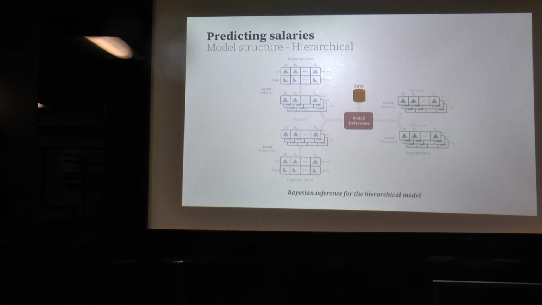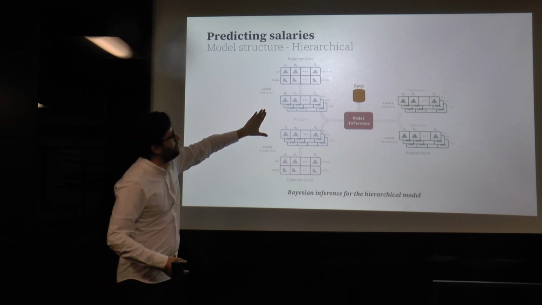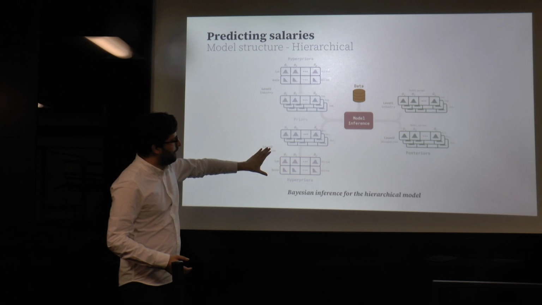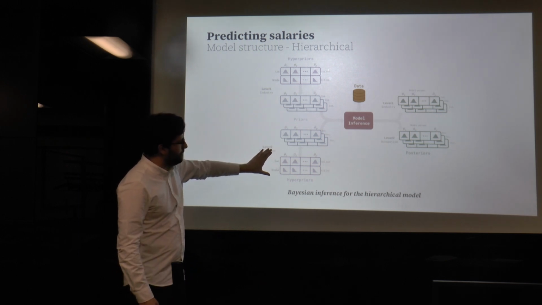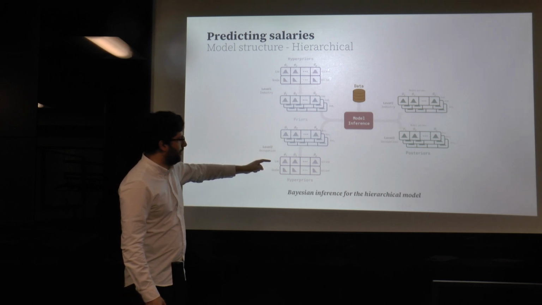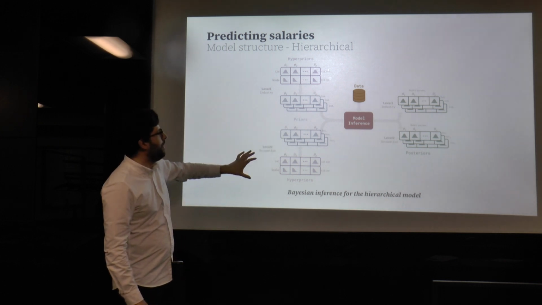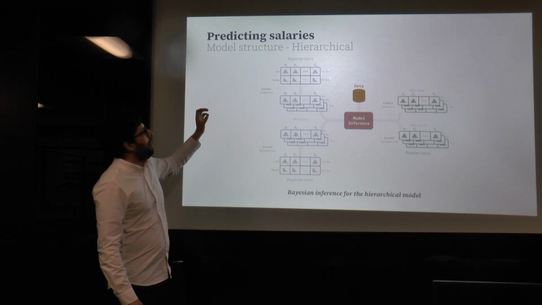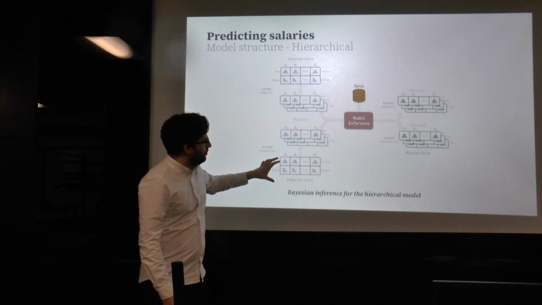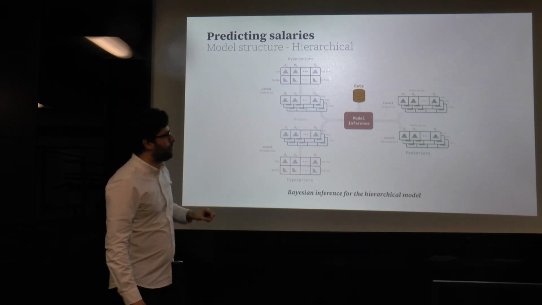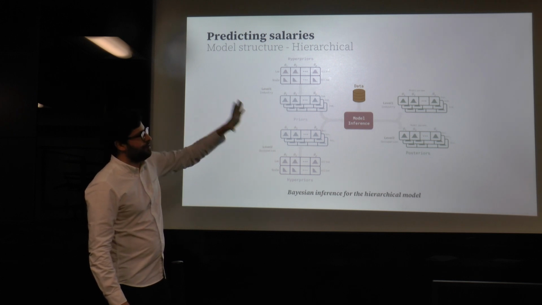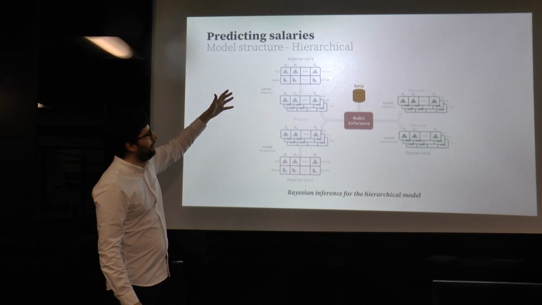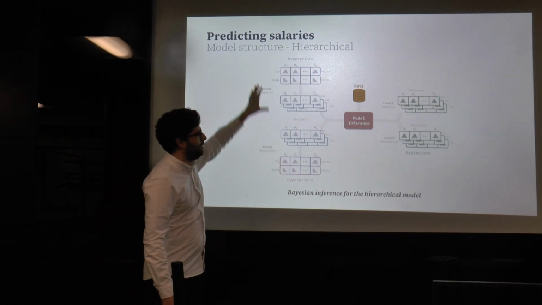And the hierarchical approach works in a similar way to the no-pool model, but in this case we define just the shape of the priors, not the parameters, and we define some additional distributions called hyperpriors that define the location and the scale, the parameters of these priors. And this is the way that we share information between both levels. And then those priors are updated and we obtain the posteriors. In this case, the posteriors are similar to the no-pool model, but they encode the information that we share in the hyperpriors.